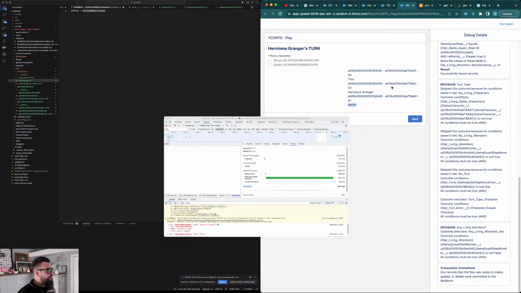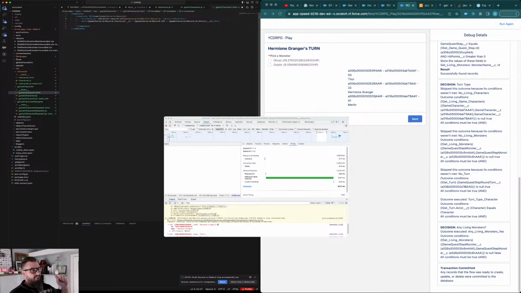Okay, cool. So what we don't have are images of any sort right now, and we probably don't need to display all this other stuff. I think what we're going to end up with is the character showing first, image, name, and then hit points below it. So really game character record is just going to do that. But we needed those other values. So that's cool. Meanwhile, over here in character,